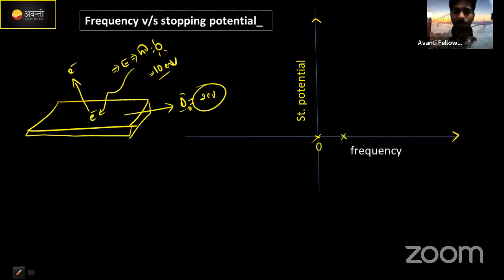Now as frequency increases, I took 10 electron volt. If I change to 20 electron volt, then the stopping potential also increases. Or else you may think like this. One second, I will write frequency in reverse according to the